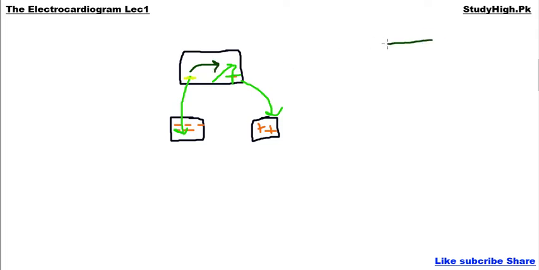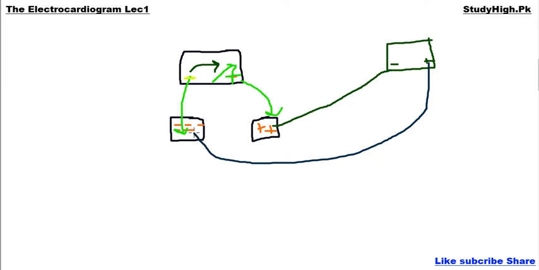Now here is another voltage meter. Here is its negative terminal, here is its positive terminal. If its negative terminal is connected with positive potential or positive charges, or anything that is positively charged, and its positive terminal is connected with negative charges, then in which direction will this voltage meter show deflection? It will show deflection towards the negative terminal.